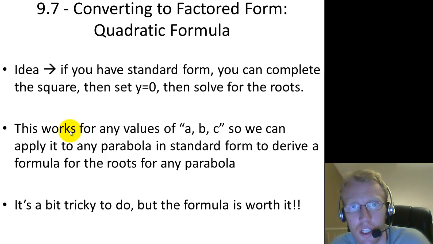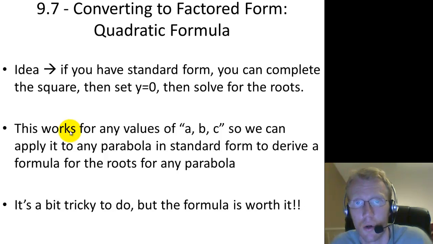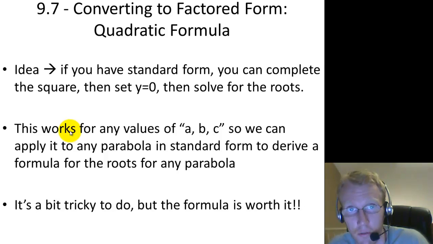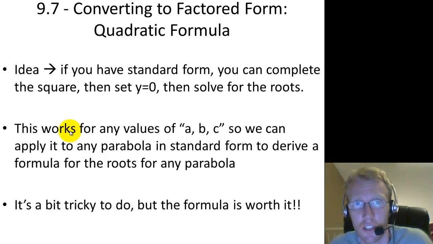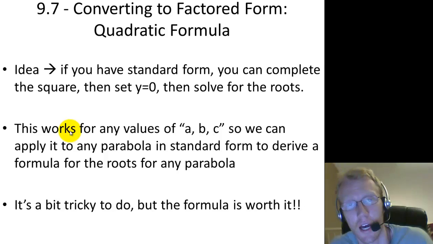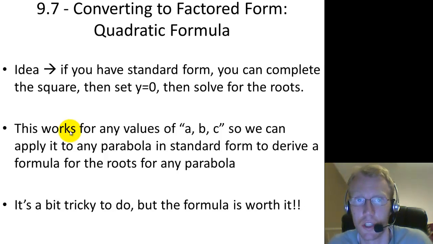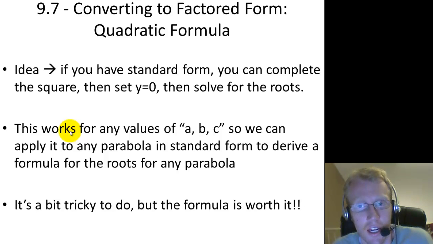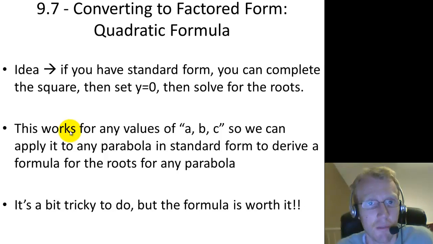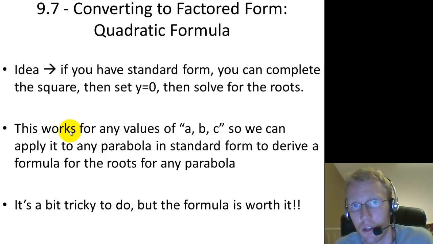This one is going to explain how to find the roots or convert a quadratic into factored form. Before, we tried to just factor the equation, but sometimes the equation is either not factorable at all, or it's not factorable using simple whole numbers. If you try to factor it into the brackets and that doesn't work, you can't simply find two numbers that multiply to the last value and add to the middle value, or do the guess and check or factor and cancel or anything like that, then the quadratic formula is going to be kind of your safety net